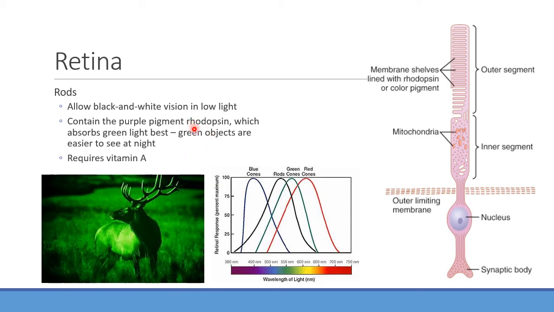Rhodopsin is the pigment that's going to be located within the rods. If you don't have rhodopsin, you can't really see much, right? And so what you're going to find is that you really are dependent on having vitamin A. Okay, and vitamin A is, again, one of our fat-soluble vitamins. You remember the other fat-soluble vitamins we talked about? Yeah, A, D, E, and K. We talked about D in regards to absorption of calcium and things like that in the endocrine section. Vitamin A is really important for vision.